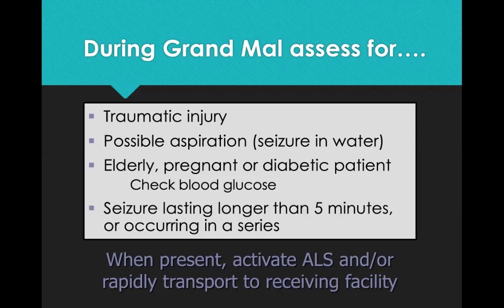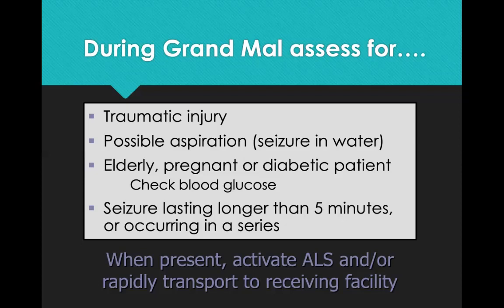So when we're talking about that whole aura to when we're just coming into that postictal phase, if they were convulsing for longer than 5 minutes, they have had severe disruption of oxygen to the brain. And so that is a mandatory transport, and it's called status epilepticus,